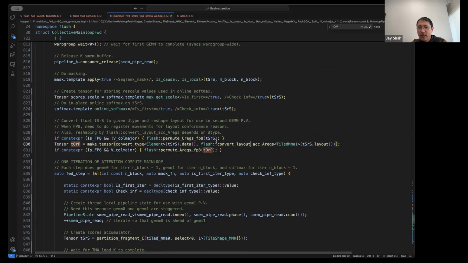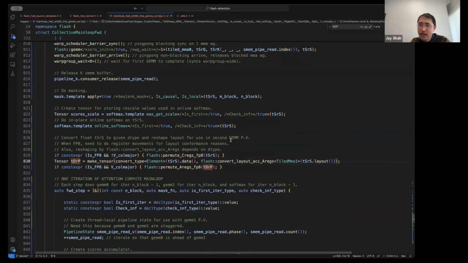So let's first look at this flash convert accumulator A-regs, because this will give some indication of what you actually need to know in practice about these layouts. To a large extent, people say Cutlass is all about the layouts and tensors. But to a large extent, you can black box the layouts.